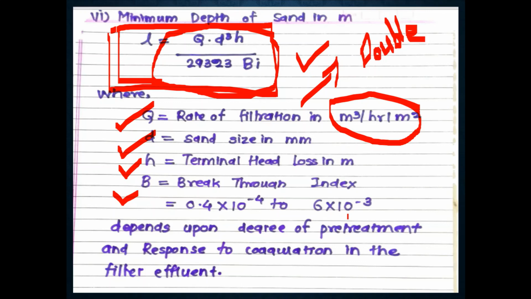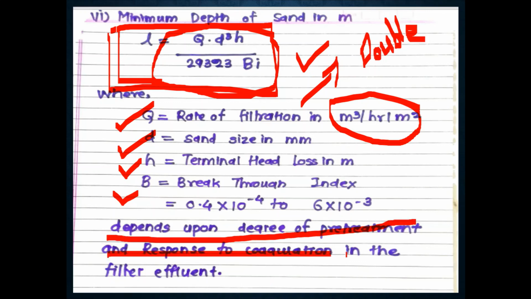Very important index, and it depends on degree of pretreatment and response to coagulation in the filter effluent. Okay, and breakthrough index, why is it introduced? Because if you have not assumed this breakthrough index, then you are not going to check the depth of the sand. Why? Because if depth of the sand is too much higher,